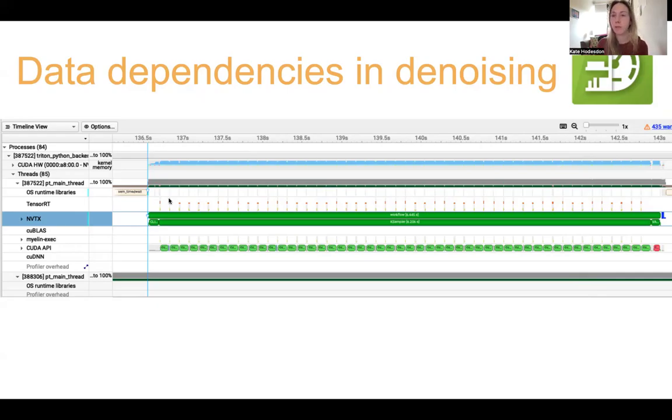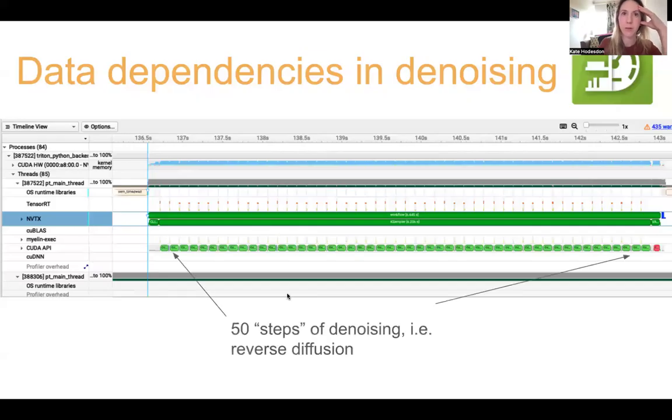So we just have this irreducible chunk of compute that has to be carried out in series. So here's what that looks like on a modern GPU. Here I did 50 steps of denoising, which correspond to these 50 blocks of compute. The number of denoising steps correlates with the output image quality up to a point of diminishing returns.